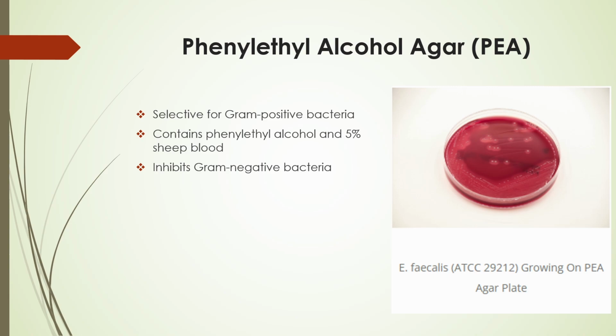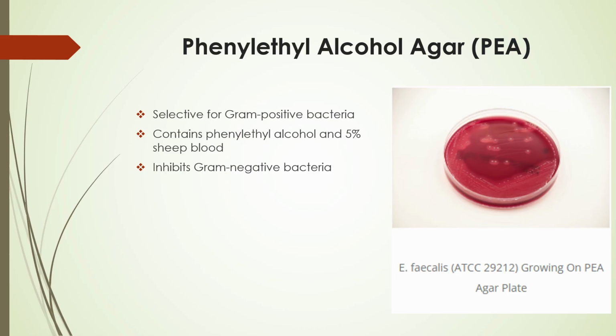Its selectivity stems from phenylethyl alcohol, a substance that damages gram-negative bacteria's outer membrane and prevents DNA replication and growth. When working with mixed cultures, PEA is particularly useful because it suppresses competing gram-negative bacteria while promoting the